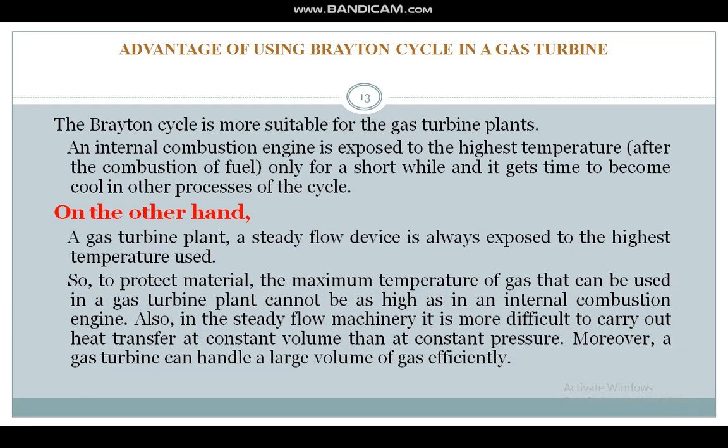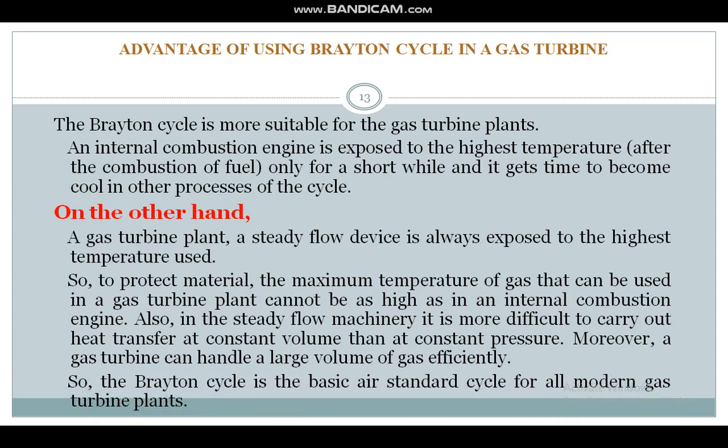So to protect the material, the maximum temperature of gas that can be used in a gas turbine plant cannot be as high as in an internal combustion engine. Also, in steady flow machinery, it is more difficult to carry out heat transfer at constant volume than at constant pressure. Moreover, a gas turbine can handle large volumes efficiently. So, the Brayton cycle